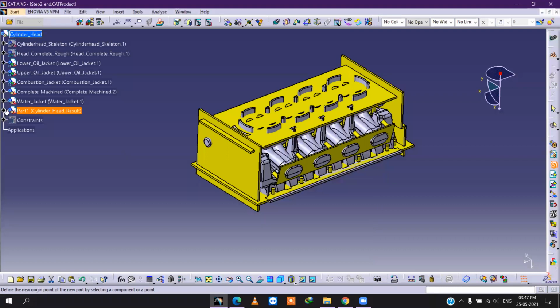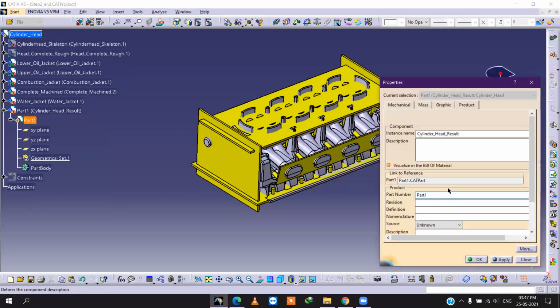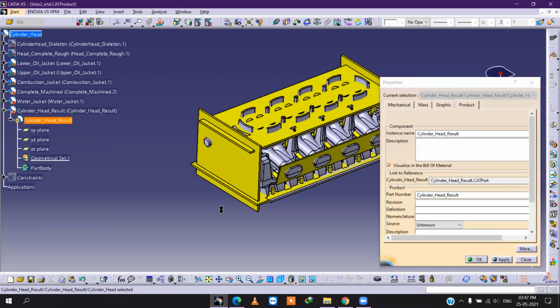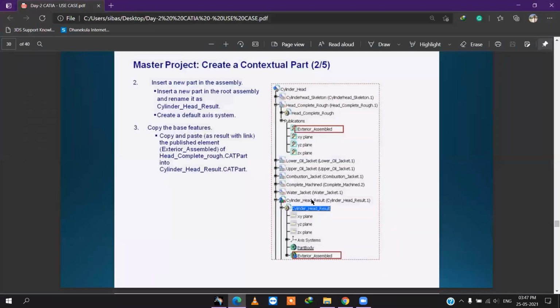Inside this one we have the CAD part. We have to rename this one also the same. Okay, this one. After that, copy the features as a result with link from the publication of